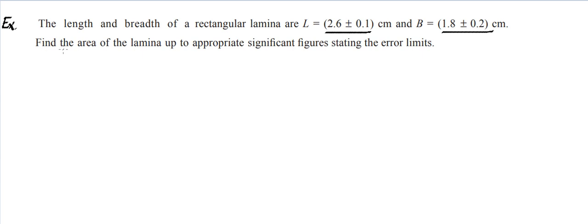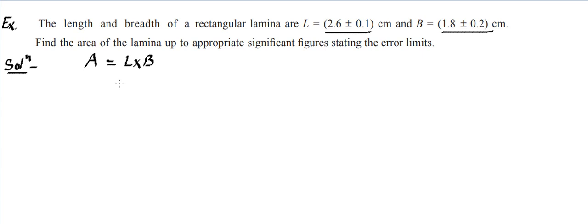Now it's asking for the area of the lamina up to appropriate significant figures, stating the error limits. So let's try to solve this. The solution can be as follows. Since we need to find the area of a rectangular lamina, this is a very simple formula that we are supposed to use over here. I'm writing directly: area of a rectangular structure is length and width. So that means we are going to operate